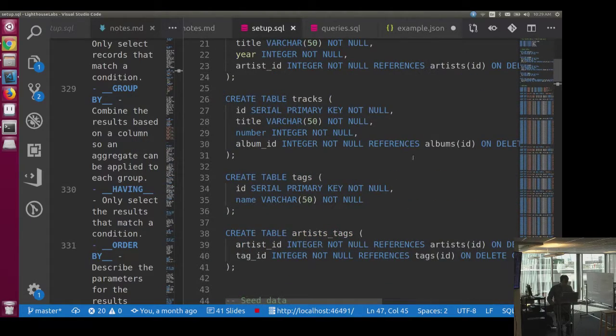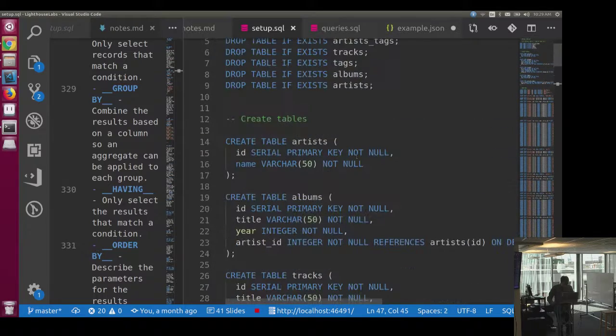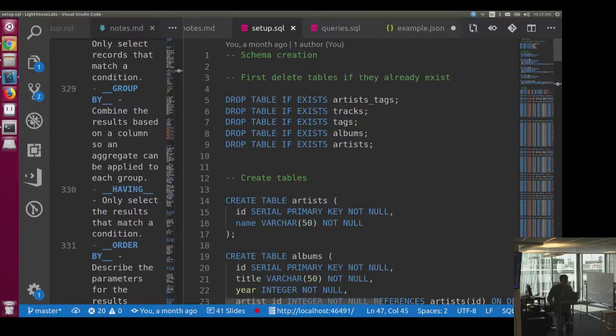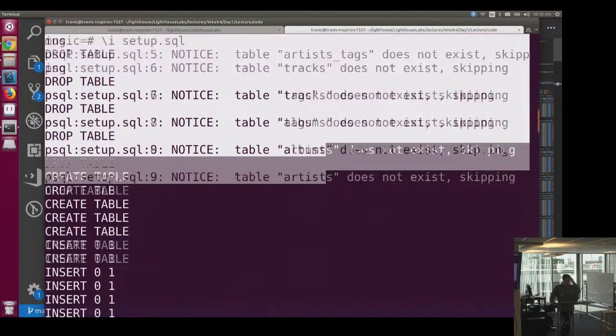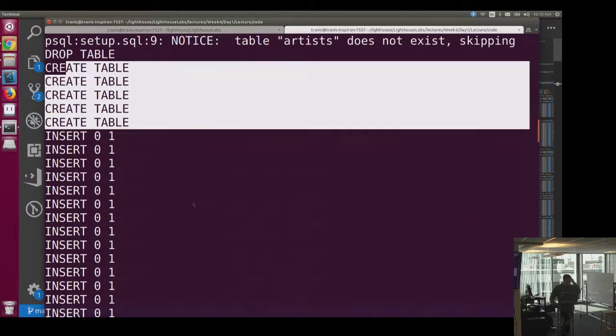The other thing you see at the top here, I have drop table. All I'm saying is if this data is already in there, remove it and I want it to be re-entered. This lets me have a fresh start anytime I run this setup. So these notices are just saying that we just created this database from nothing. So there's no artist tags, I can't delete it. There's no tracks. None of these tables exist. We can't delete them. So then we're creating the tables and inserting